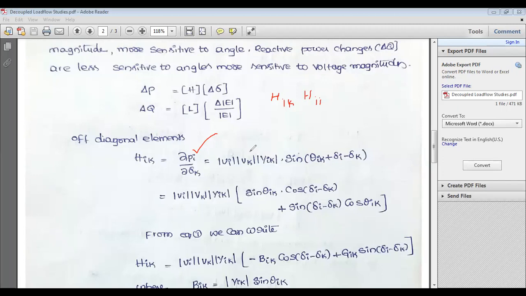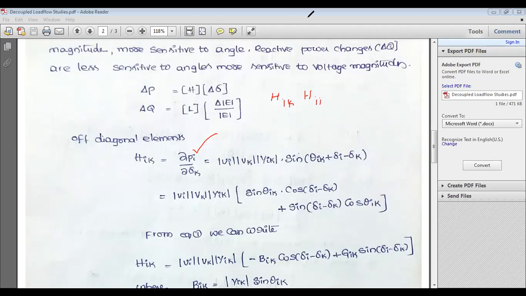One variable completely depends on the other variable. If one variable is expressed directly in terms of that variable, obviously we can apply normal differentiation. But here one variable is expressed in terms of other variables, so obviously you take it as a partial derivative. That is about the linearization. I don't want to discuss the linearization concept in detail. Please try to understand the off diagonal element. Now you see here, HIK. How can we obtain HIK? Just by taking the partial derivative of Pi with respect to delta K.